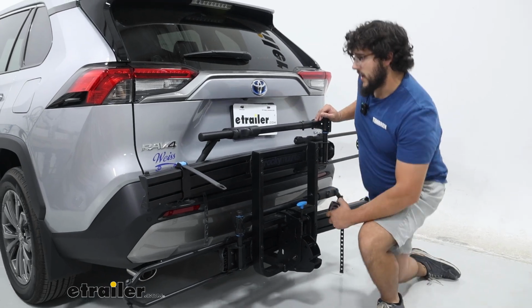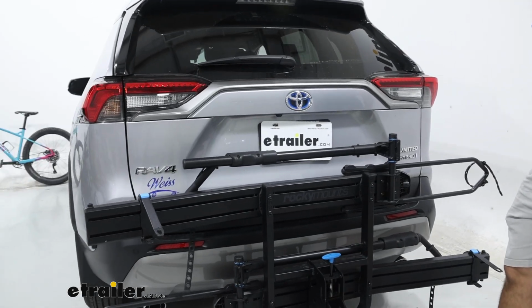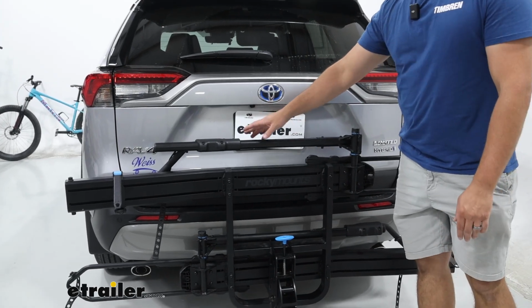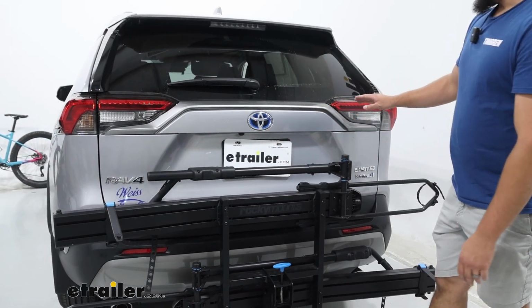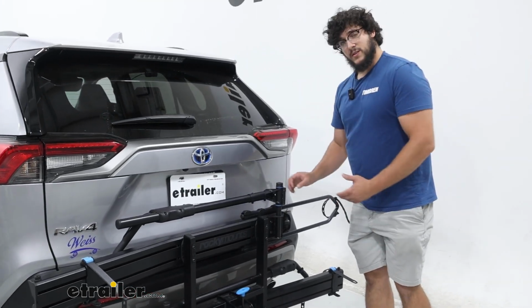As for how it's going to interact with the back of the RAV4, we're not going to be really blocking anything. Now we're going to be right below your license plate, and your backup camera might pick up a little bit of this, but it won't prevent you from using it. Now taillights and back window won't be obstructed. And the way this is going to install,